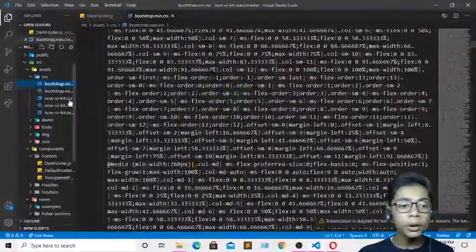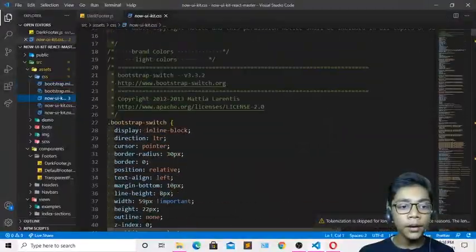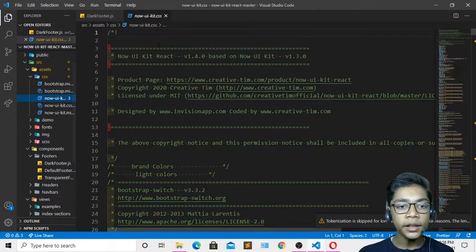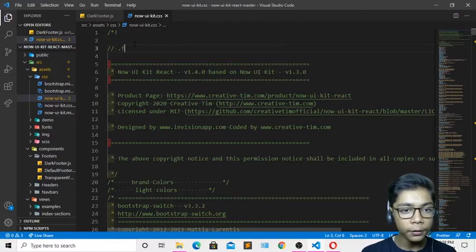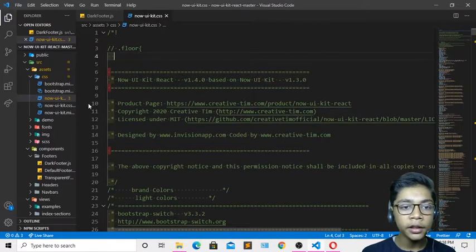So now here I will do one thing. Go to now-ui-kit. Now I'll come underneath and create a comment. In this comment I will write my class name. So write that, which should be footer. So here we have written that. Now I'll come underneath and create a text. So I'll write box-sizing: border-box. You can see that it is coming in green color, because of that we are writing that.